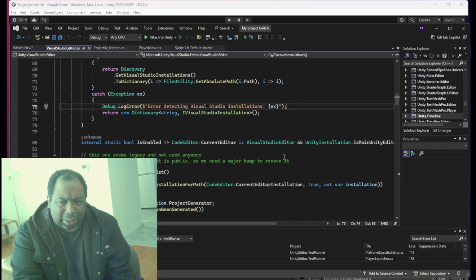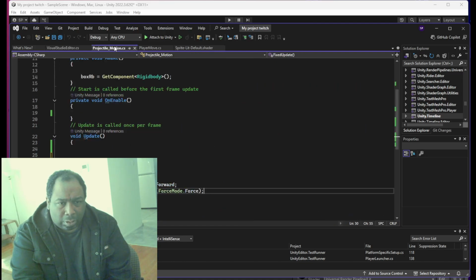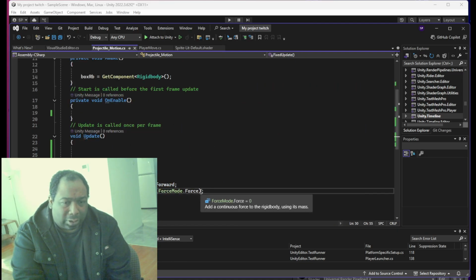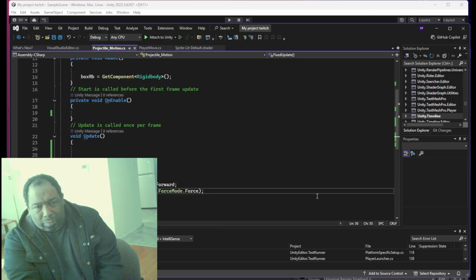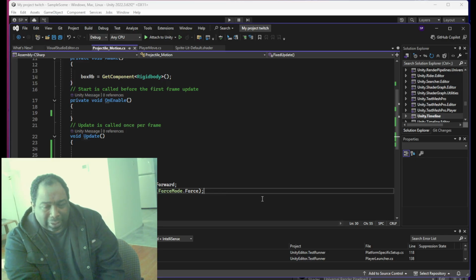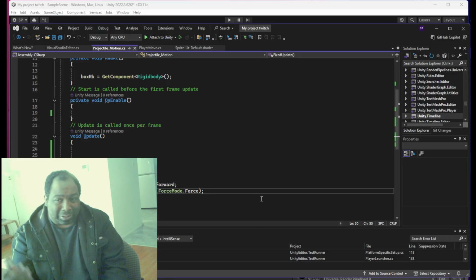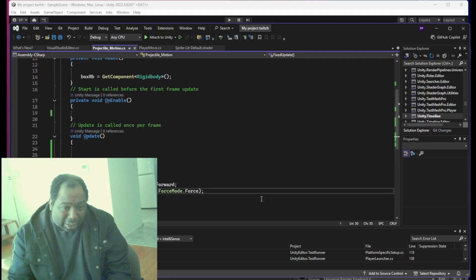But like I said, I forgot to put ForceMode.Force in the code. I've been using Unity since 3.5.